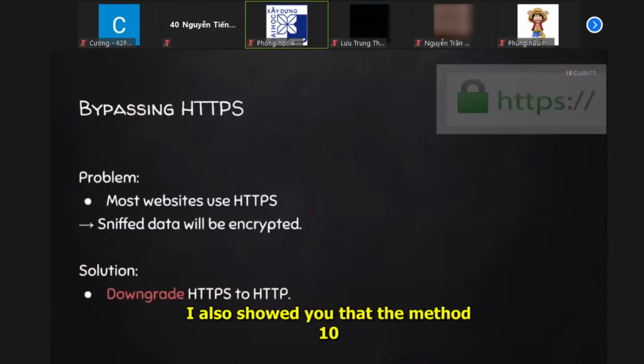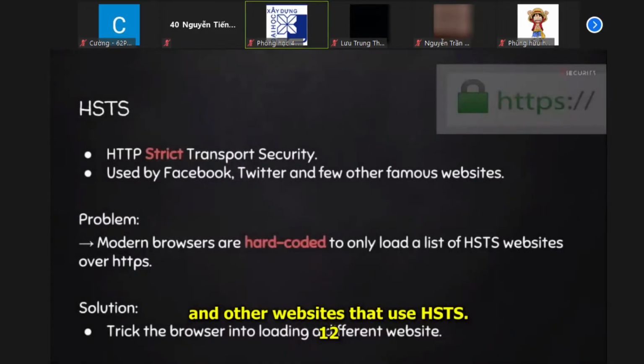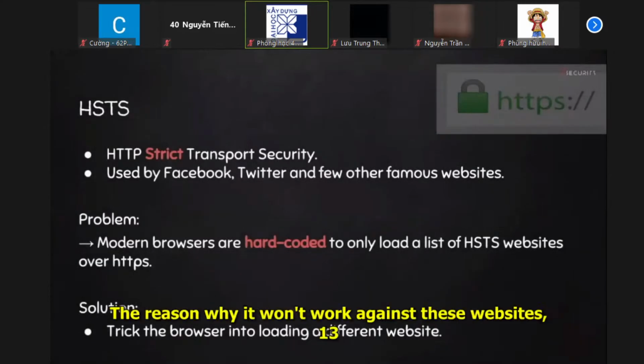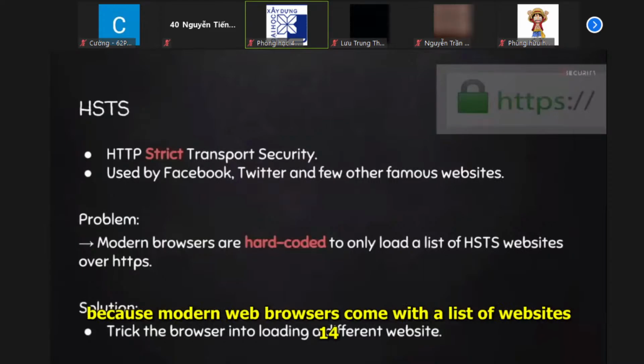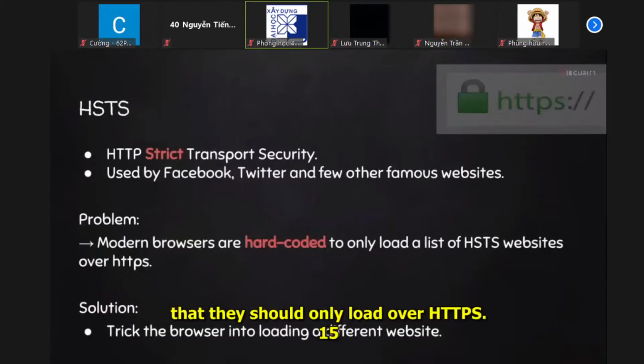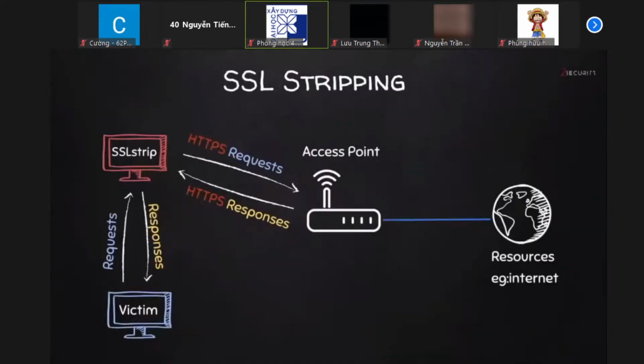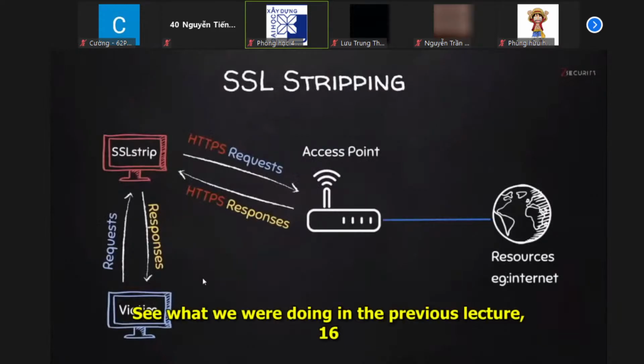At the end of the lecture, I also showed you that the method will not work against Facebook, Twitter, and other websites that use HSTS. The reason why it won't work against these websites is because modern web browsers come with a list of websites that they should only load over HTTPS. See, what we were doing